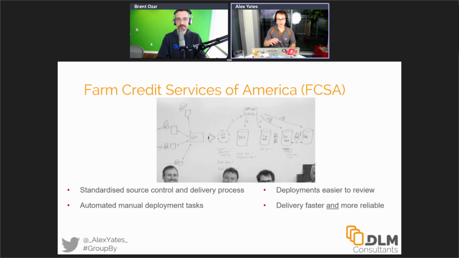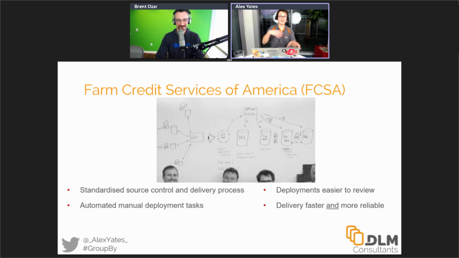So this is kind of the process that we put together. The result was a standardized process. They're able to deliver much more frequently. The number of failed deployments went down. How much did the failed deployment cost you? I mean, it's a fairly horrible day in the office when a deployment goes wrong, and the following night and the rest of the weekend before you eventually get to go home to your loved ones.